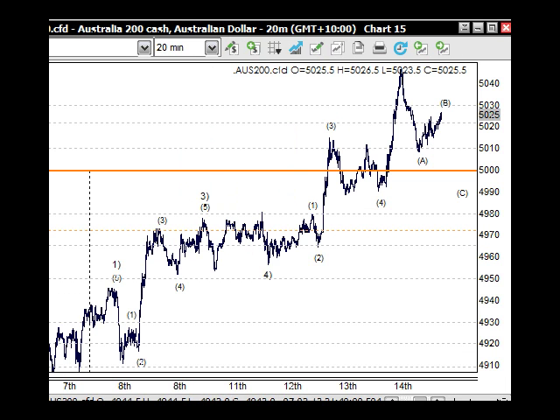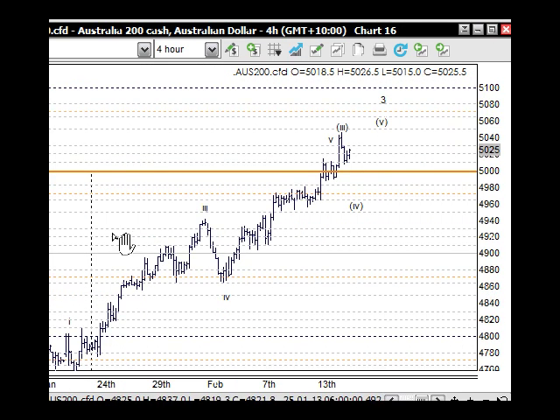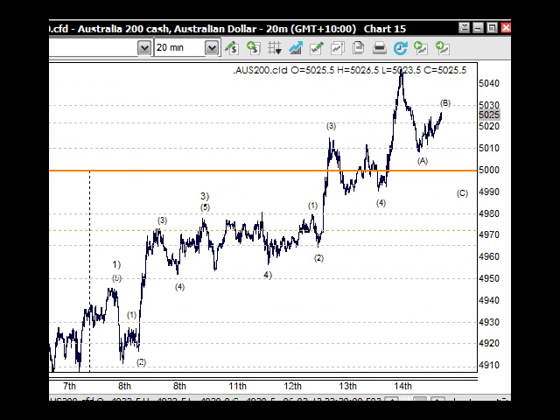The Australian market, if I've got a bigger chart here, let's have a look. Okay, this is the one we've been working with here. So we're looking for this wave 4 here, and looking for wave 5 to move up through here. So it's pretty much we've got up for wave. We'll pull this apart here and have a bit of a look at that, because we're quite near a top here at the moment.